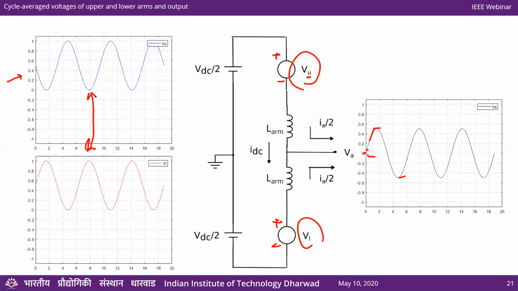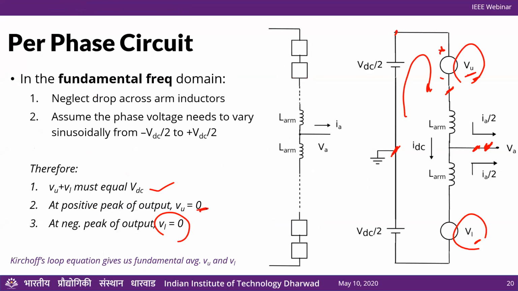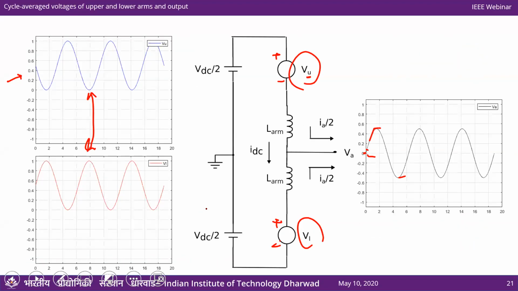Which we also saw in our quick check that we did here. So they're 180 degrees apart. When the fundamental is at its maximum, VL is maximum, VU is minimum, and vice versa, right? Okay, so that gives us fundamental steady state values for VU and VL, which means that we have all these